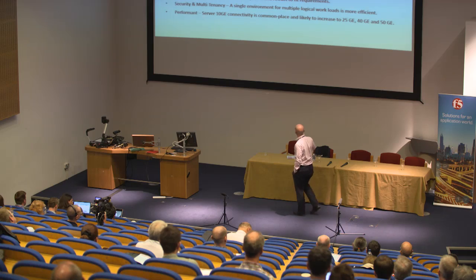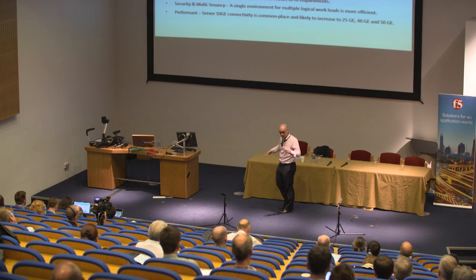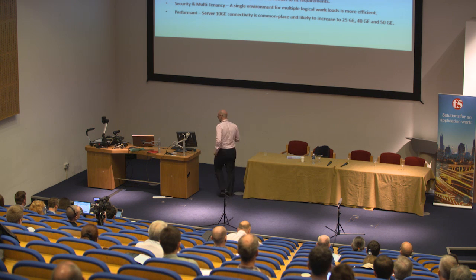Performant. So 10 gig interfaces on server chassis are nothing new. In fact, you've probably got multiple 10 gig interfaces coming out of them. I think what we're likely to see over the next couple of years is 25 and 50 gig interfaces, which are strange numbers because for a while we've been talking about 10, 40, 100, but we're now starting to see switch vendors come out with 25 and 50 gig switches, because that's what they're expecting the server market to move to. So when you start looking at your access and your backbone, these are the things we should consider.